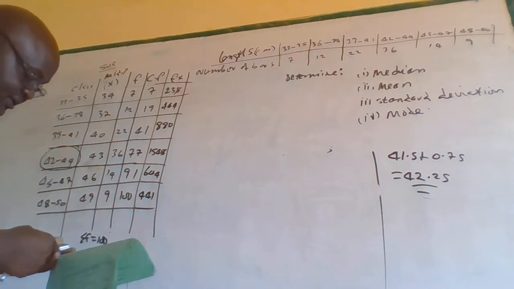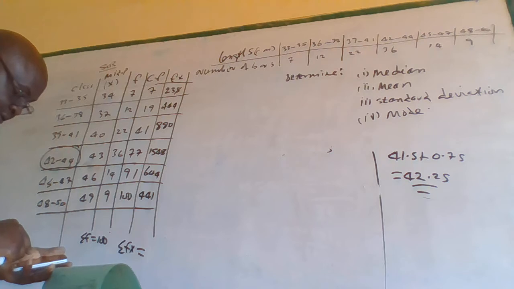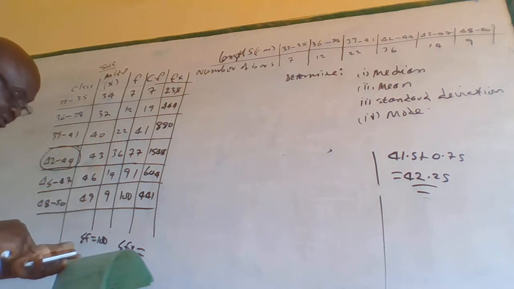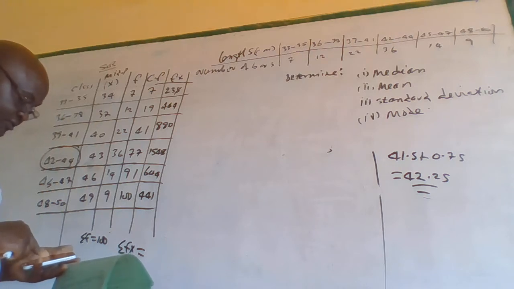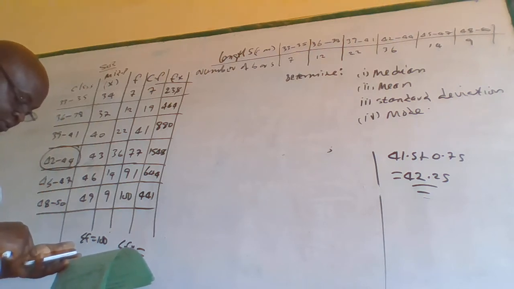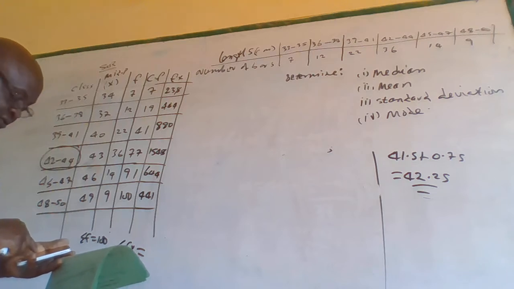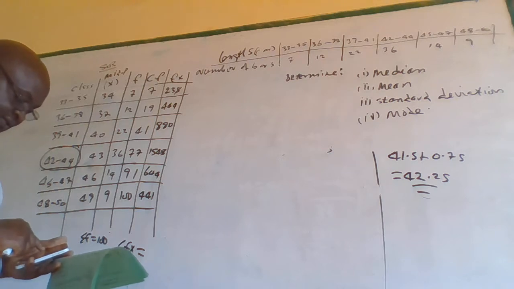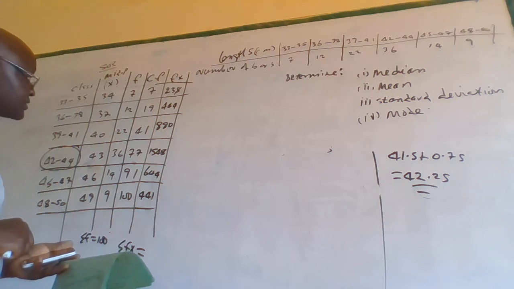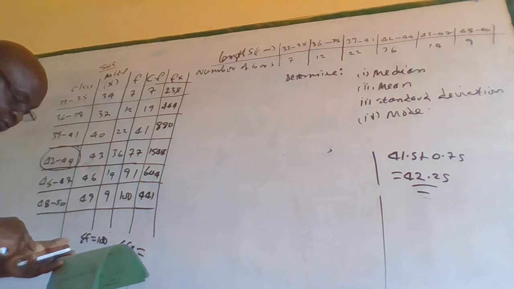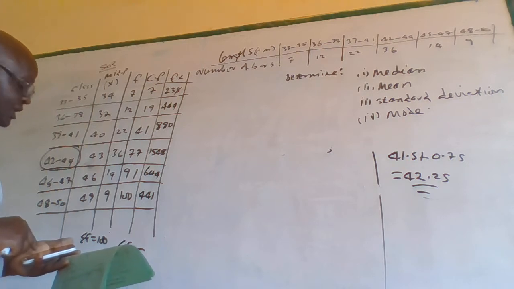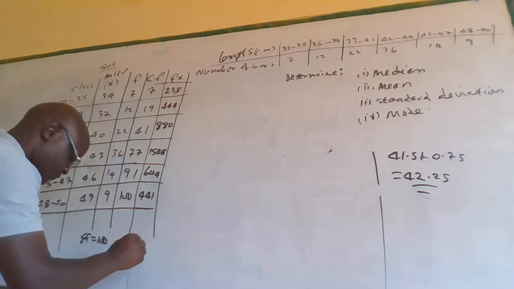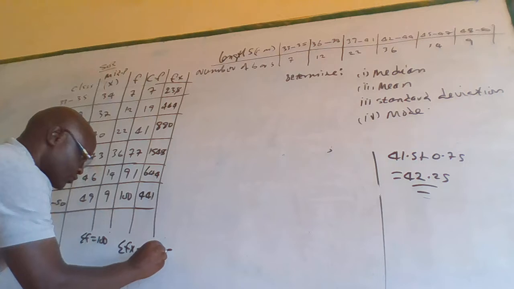And this one we have, let us add, we have 441 plus 644 plus 1548 plus 880 plus 444 plus 238. We get